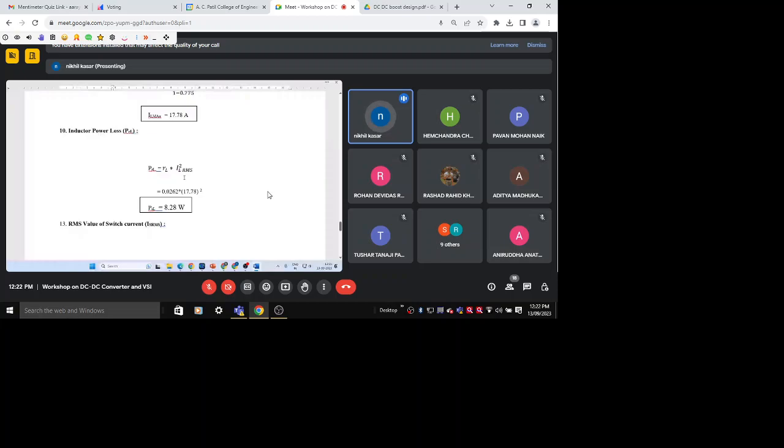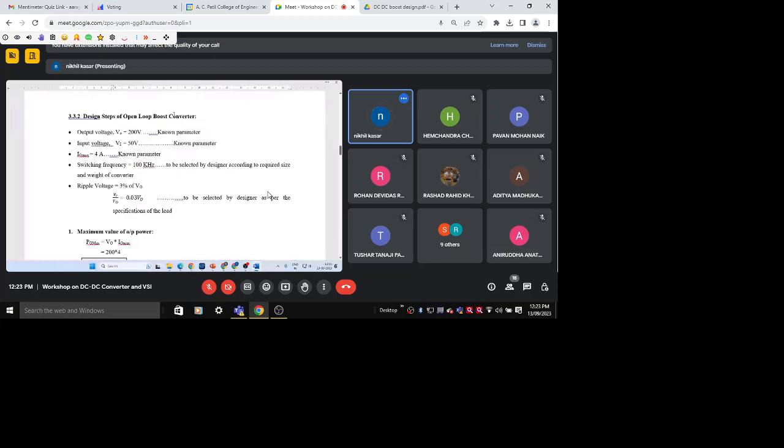Now you have the PDF also. What you have to do when to DC boost, put voltage change is as per